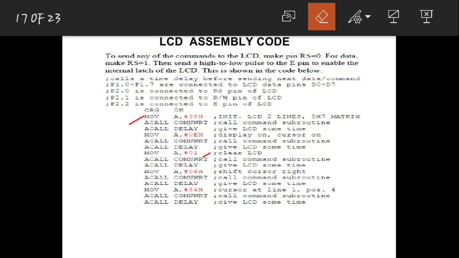Now first he has written this command, mov A: you are moving 38 into the accumulator. I didn't get that exact program on this PPT to show. Instead of moving into the accumulator, or else you have moved into the accumulator. Fine. Once you have moved into the accumulator, what should I do next generally? This is correct. I am not going to say the other pattern, just follow this. I have moved this command into the accumulator.